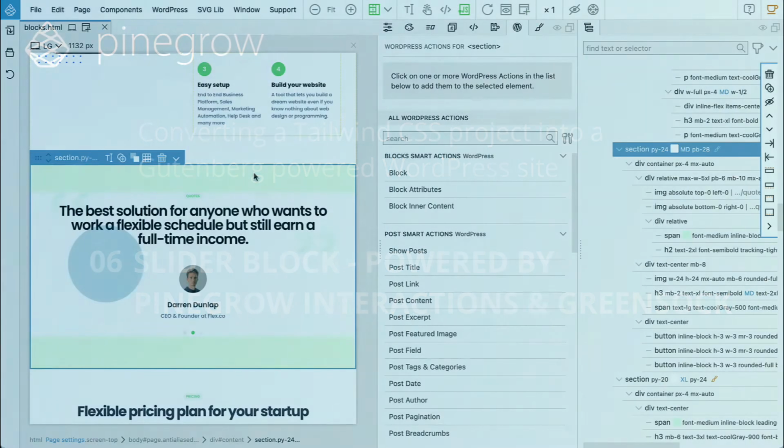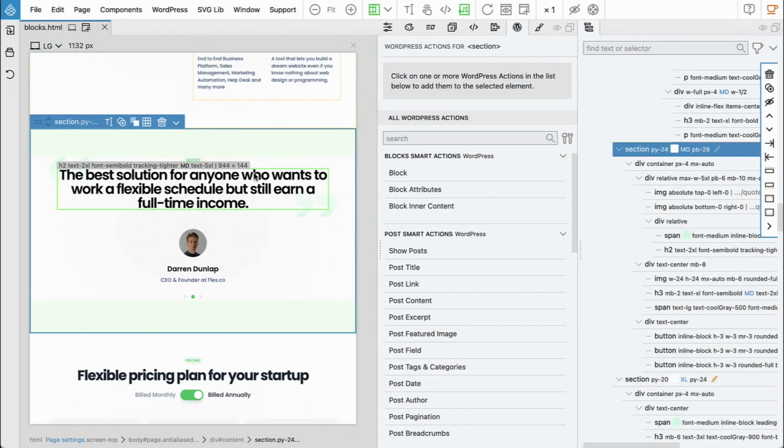Here we have a section with testimonials, and it is implemented as a slider that goes through all the testimonials, but the source project doesn't include any JavaScript support for the slider. The slider is not implemented. If we check the HTML, we only have a single slide there. So then,